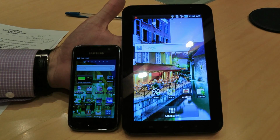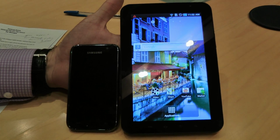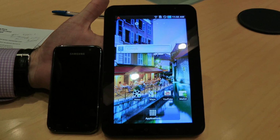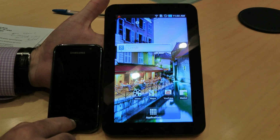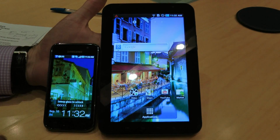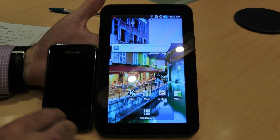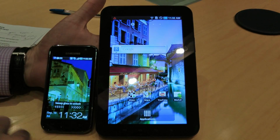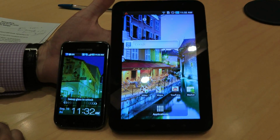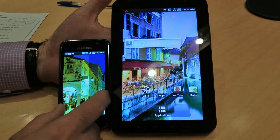So just as an example, if you look at this 7-inch TFT display and think about some of the Google services such as Layers browser or navigation, this device can easily be turned into your navigation system in the car, or you can easily watch a movie on this device. However, the things that we want to emphasize on this device are the screen size and its portability. It's only 380 grams, and it's very portable and easy to carry around in the pocket,